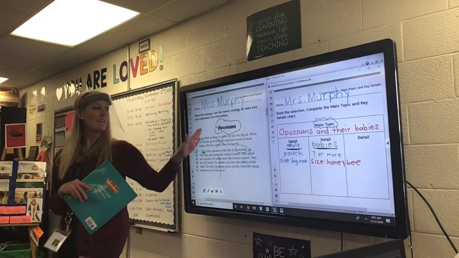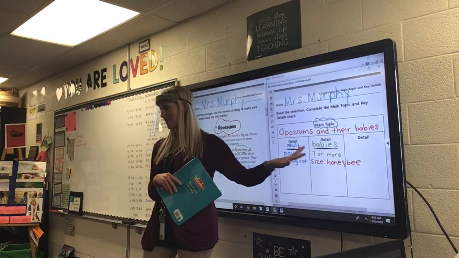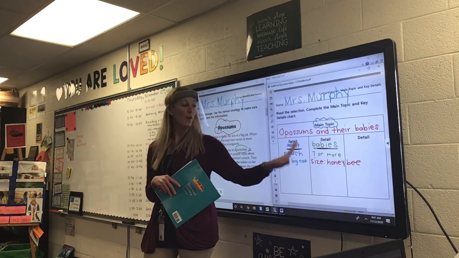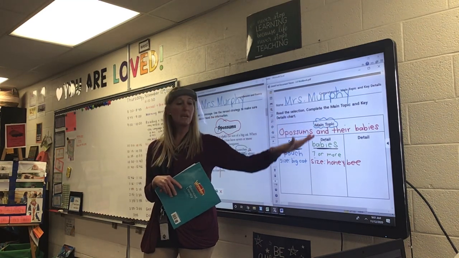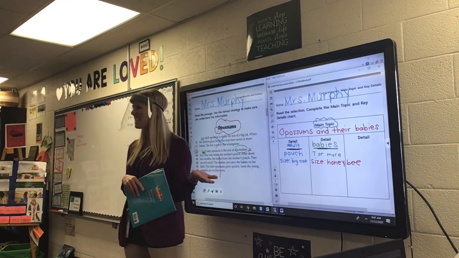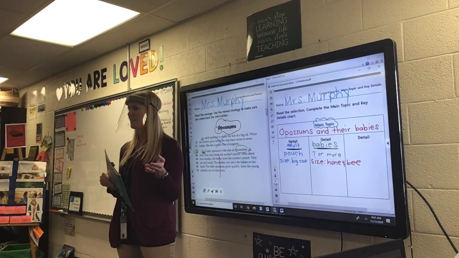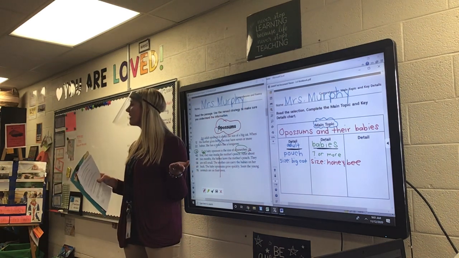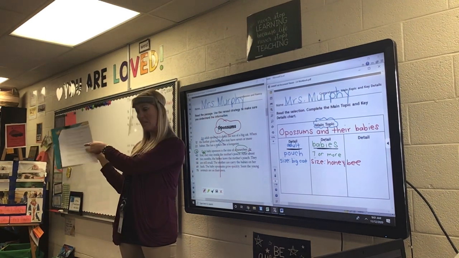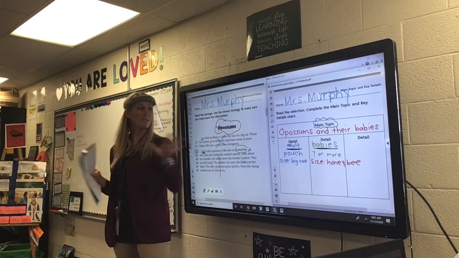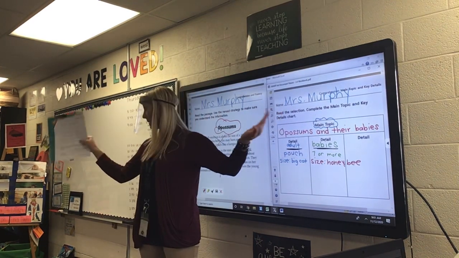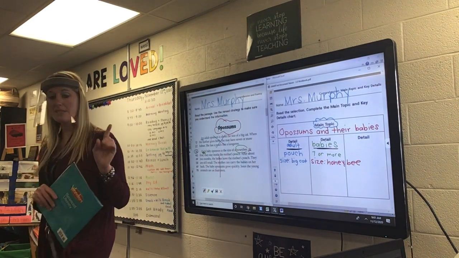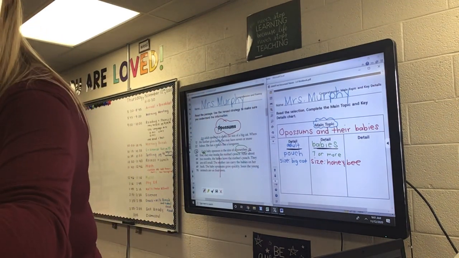Okay, so today what we did was we found details about the mom and the babies, or the adults and the babies, and we also found the main topic or idea. Where do we find that? Katie? Oh, you're stretching. Okay, Addie. At the beginning of the story. At the beginning of the story. So we normally find in the first paragraph your main topic or idea. Okay, we are going to stop our lesson on main